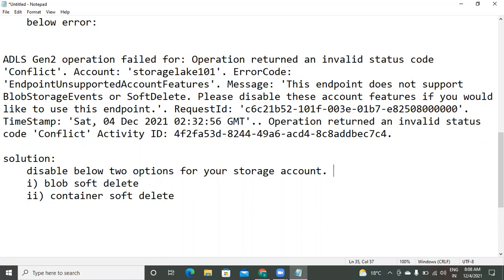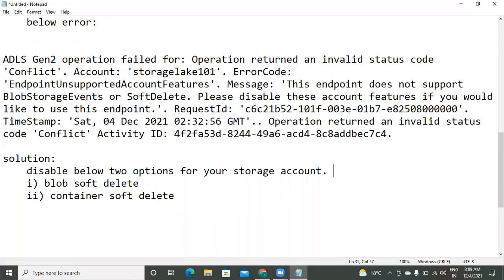Okay, a small discussion about soft delete. The purpose of soft delete is that if, by mistake, any container or any file of your data lake goes missing, Microsoft internally maintains a copy of that particular file or container for 7 days.